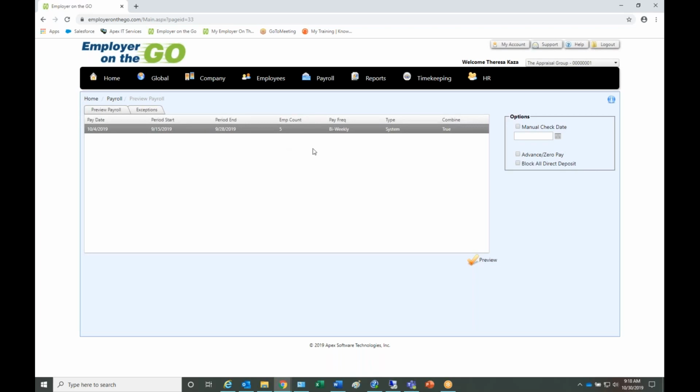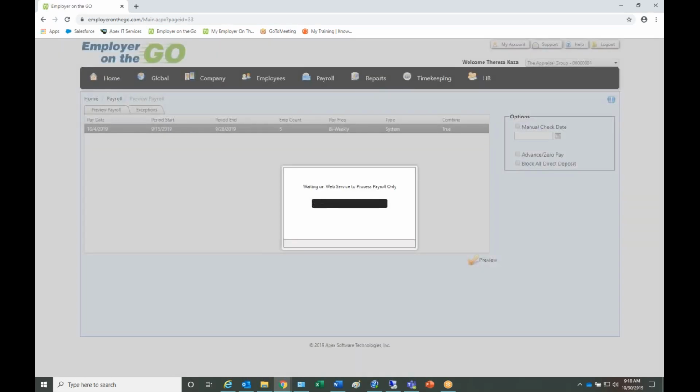If there's only one pay date in the window, the system will select it by default. If there are multiple payrolls displayed, click on the payroll you want to preview or process, then select the preview icon in the bottom right-hand corner of the screen to send it to be calculated by the system. The processing payroll box will pop up on your screen. Once the preview is complete, the system will return any errors that occurred during processing